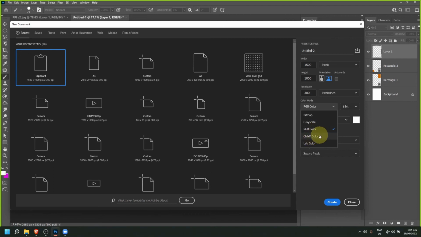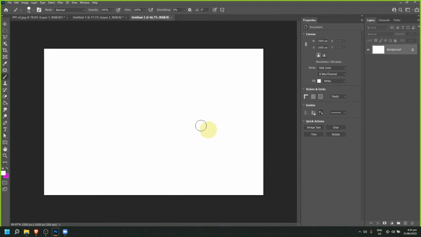So, what if, Coach, I chose CMYK pero hindi ko ipiprint? Or say, vice versa, no? RGB pero ipiprint ko. So, if you design or if you mag-layout ka dito, ginamit mo RGB mode,